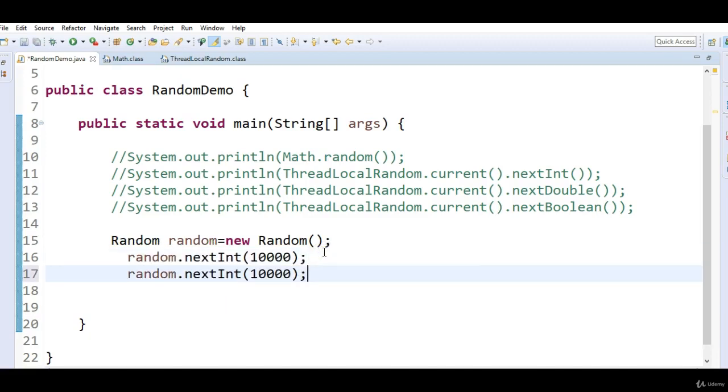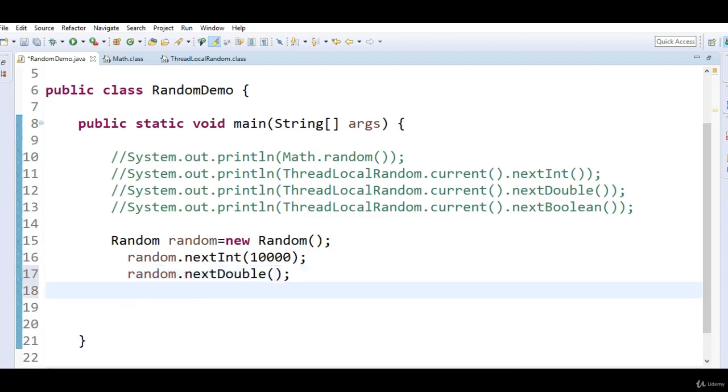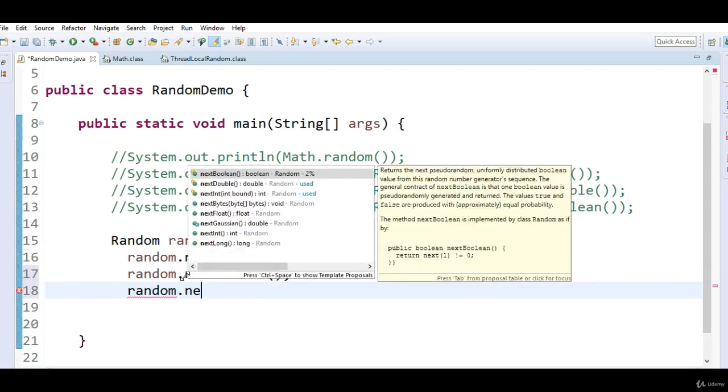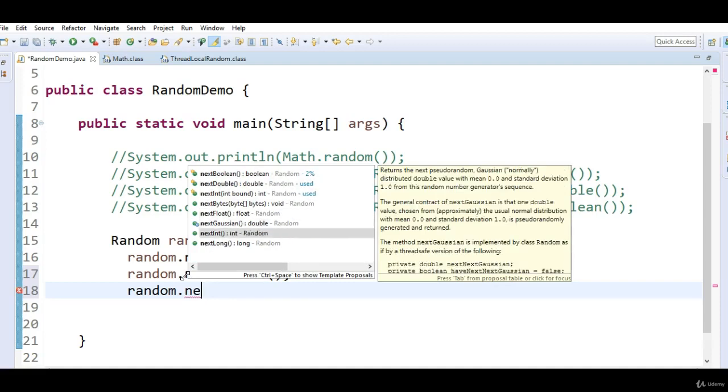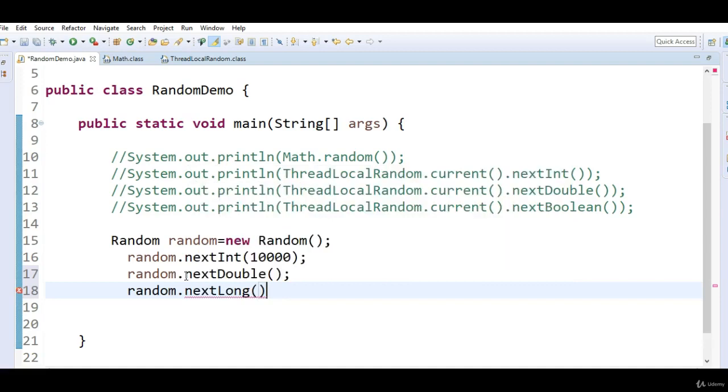So if we want to generate a random double number, how do we generate that? random.nextDouble, and then let's see what all other methods are available. nextFloat, nextBoolean, nextLong. Okay, let's print this output.